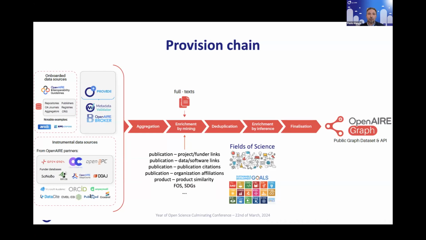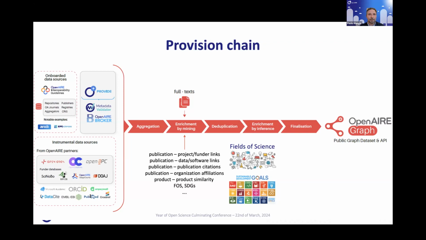After that, we perform the deduplication. So we bring together metadata records that describe the same entity or the same object, but it is deposited in different places. This is a very common thing. Archive versus published version, and so on. We bring them together. We keep provenance, of course. We keep different licenses. We keep different links, but we track everything and we build one object.